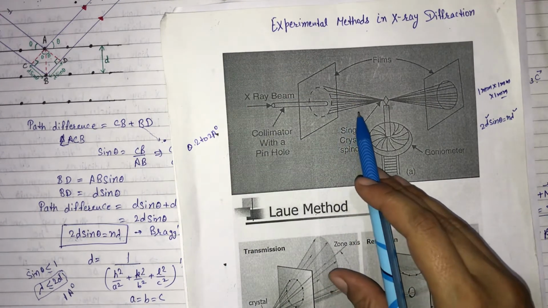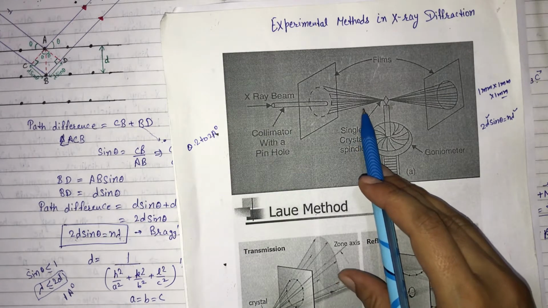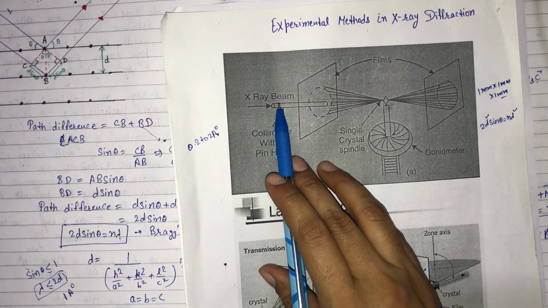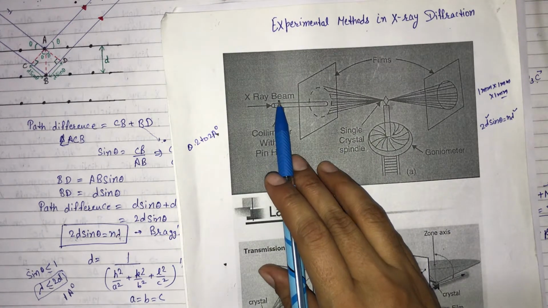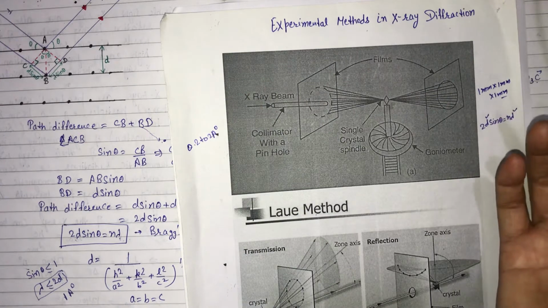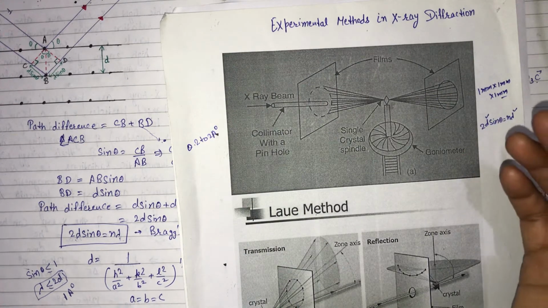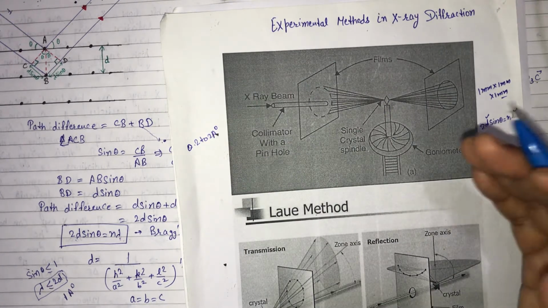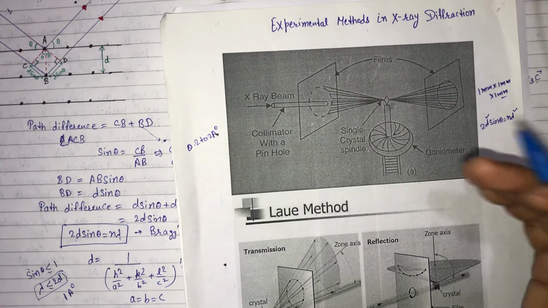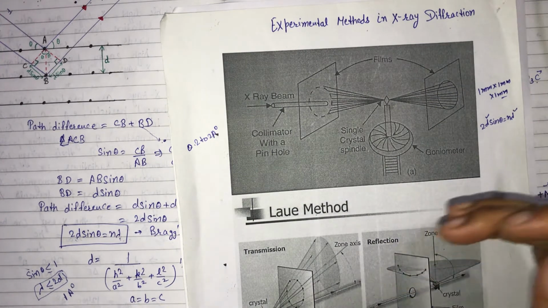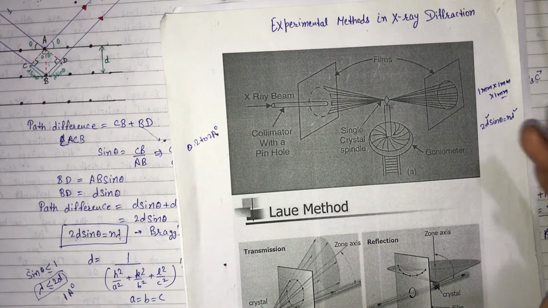But there is also a limitation of this method. As we are using X-rays of continuous wavelengths, a number of wavelengths may be reflected from a single plane in different orders, and they superimpose at a single point and result in a loss of a number of reflections. So this method is mainly used to determine the crystal symmetry, and also in crystals where there is excessive absorption of X-rays.